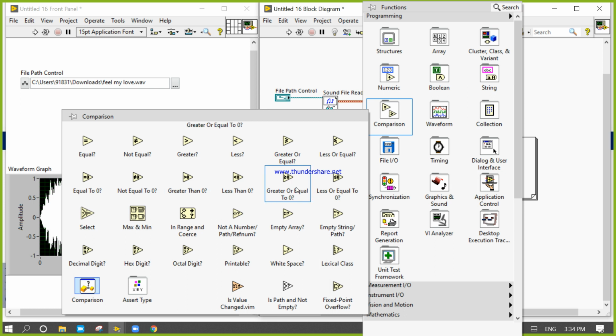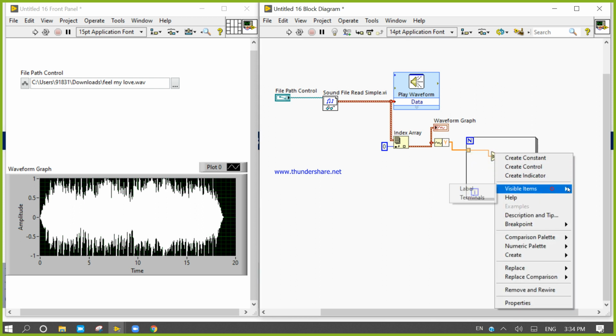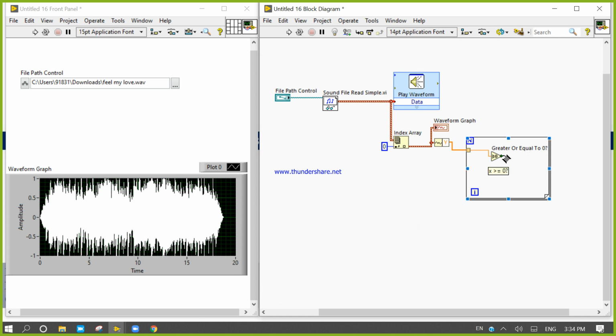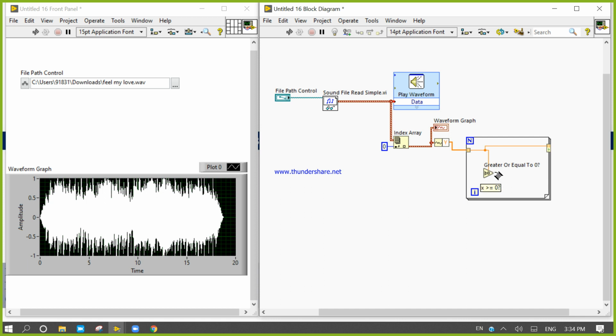So let's say it's greater than or equal to 0. After that I will take the data and make a connection like this. I will right click here, come to tunnel mode, conditional, I will connect. So if data is greater than or equal to 0, then only pass, otherwise it will be eliminated.